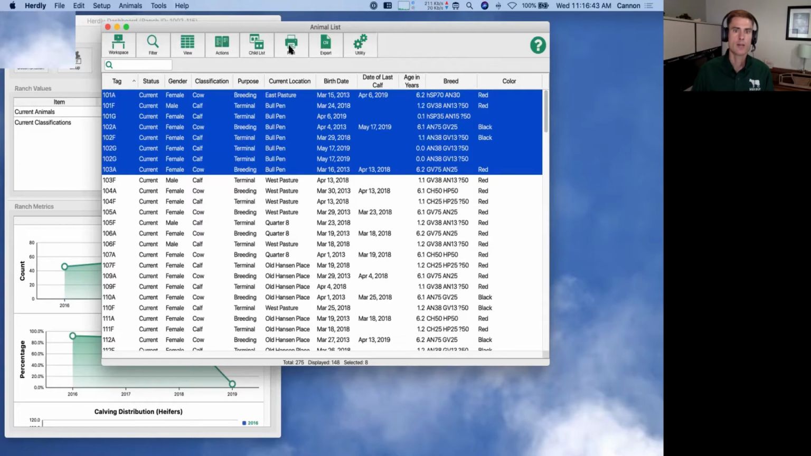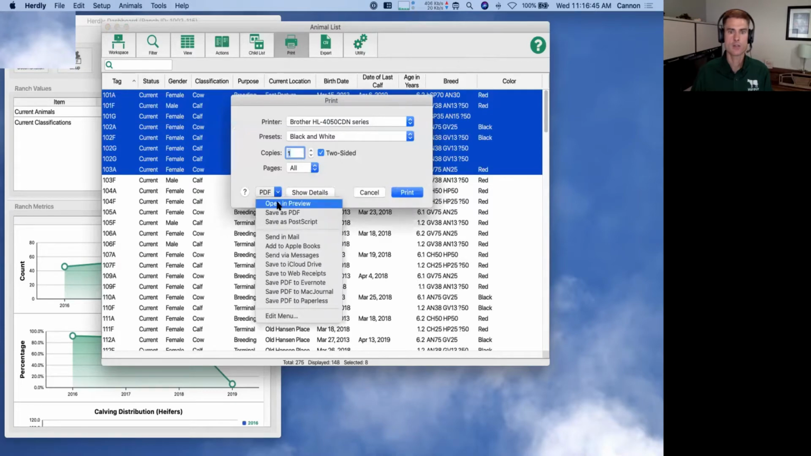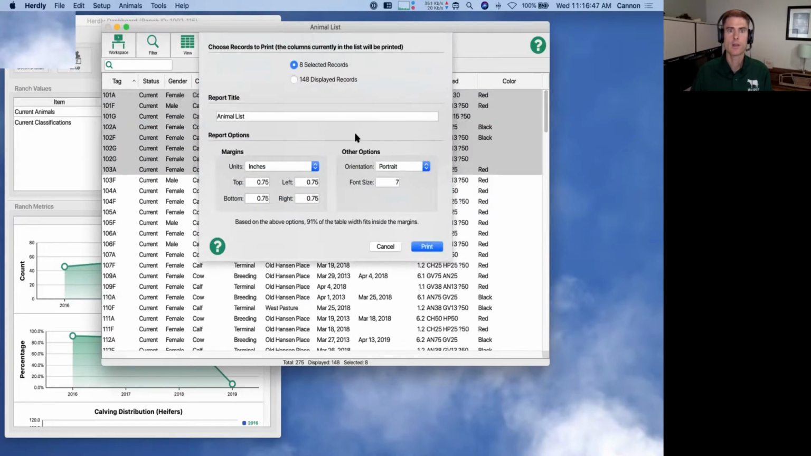And I'm going to go back and click print. Again, I'm going to choose preview. And at the top, I have the choice: do I want to print just the 8 selected records or the 148 displayed records? Well, in this case, I just want the ones I have selected, so I'm going to leave that. I could change the report title to give it something a little bit more meaningful. And if I need to play with the margins or change the orientation or the font size, I can do